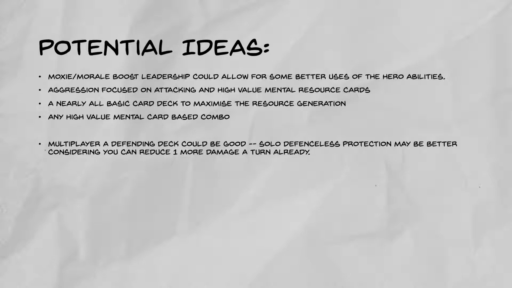You could also do aggression focus on attacking with high value mental resource cards like Brawn is. I cannot understate how good Brawn is when you can shuffle him back into your deck. Like one of his biggest downsides is the fact that he often skips a deck cycle because of how long it takes for him to get full value. So yeah, you'll be able to just shuffle him in an extra time, and there are other cards that are high value in aggression,